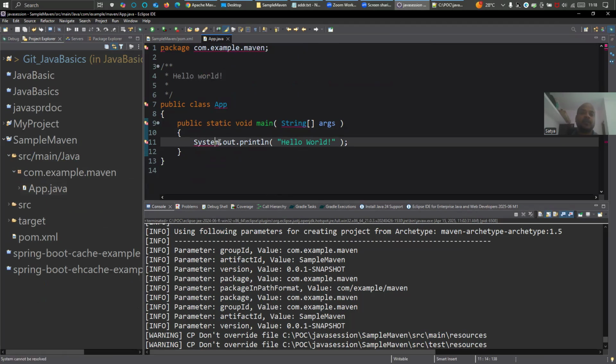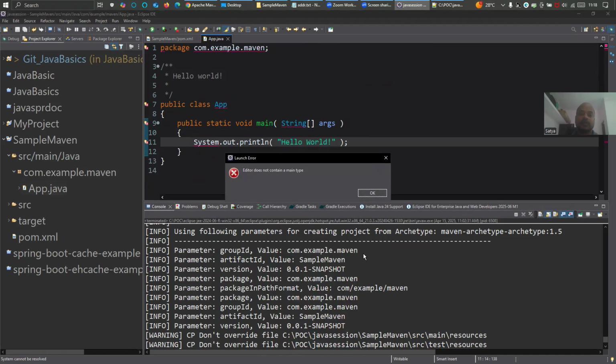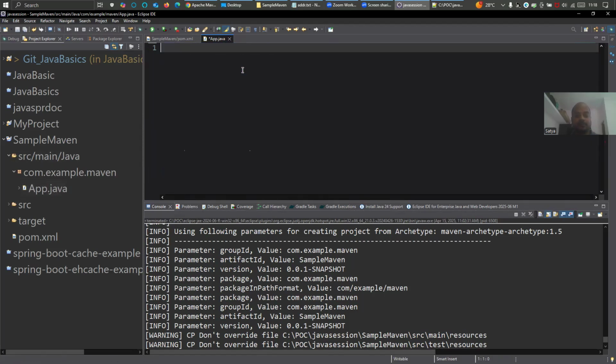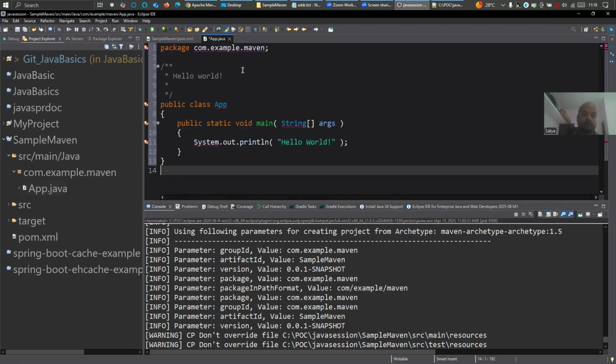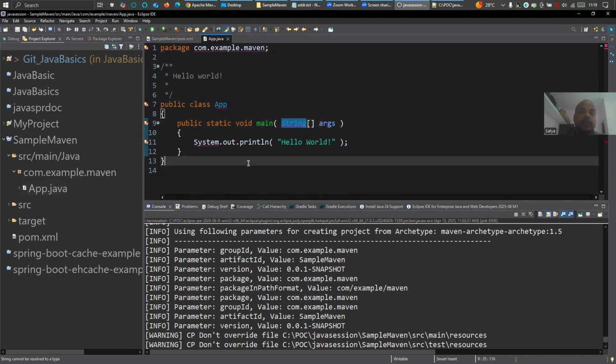But it has still some error, right? It has still some error. Now it is showing Java application, but editor doesn't contain a main tag, right? So it is now showing it has some error and it can't run this file. So this is how you can configure this path in your Java Eclipse, and you can have the POM